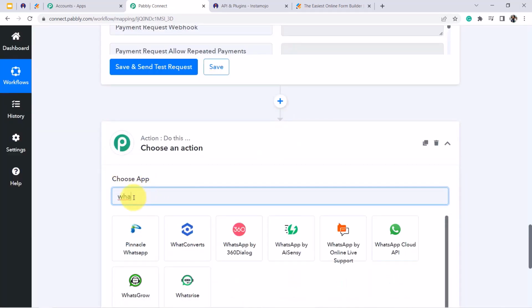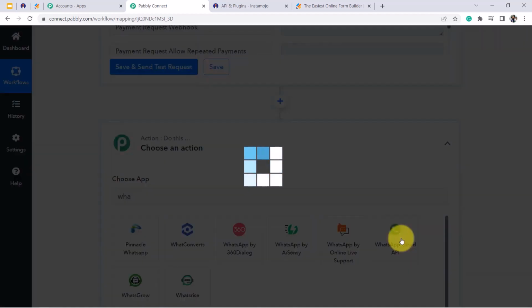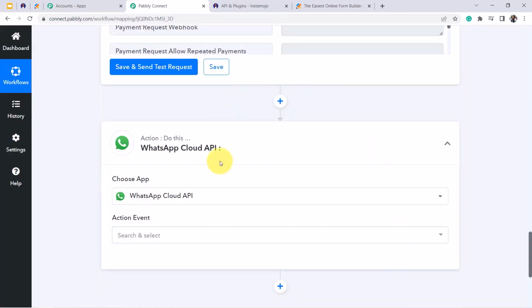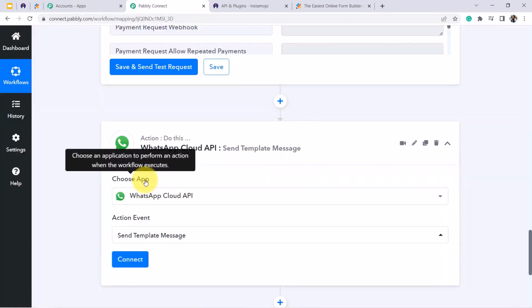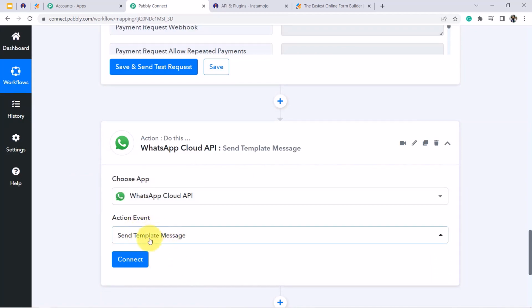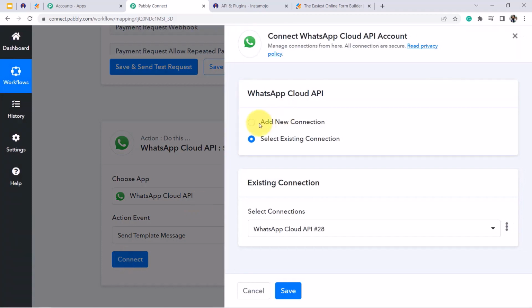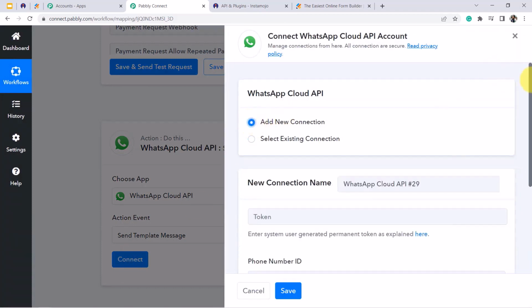Now you will ask me, what is WhatsApp Cloud API? So we are going to send WhatsApp messages using WhatsApp Cloud API, and WhatsApp Cloud API is the official API of WhatsApp which Facebook has recently launched. So you can actually rely on it. This is a very cost-effective solution. In action event, I am going to select send template message. What is this send template message? I'll tell you later. For now, click on connect and click on add new connection,